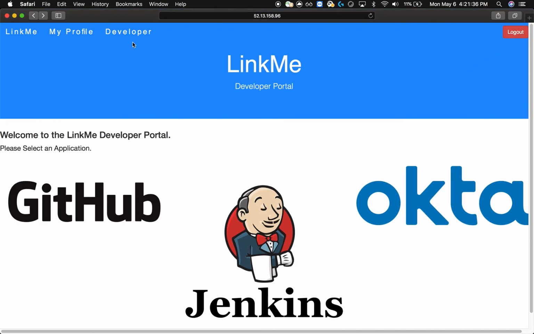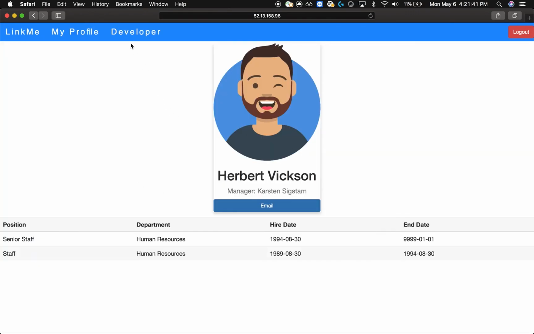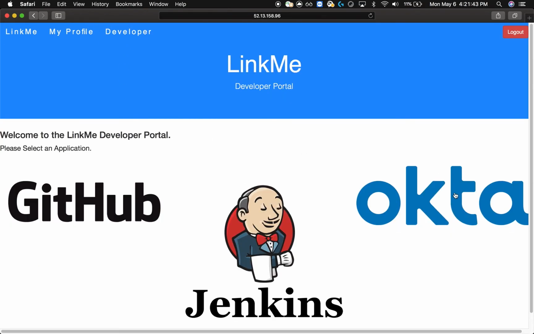And that's all. That is the LinkMe application that includes search engine, My Profile page, developer access based on role, administrator access,